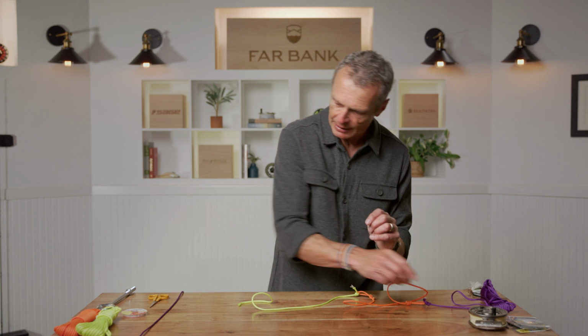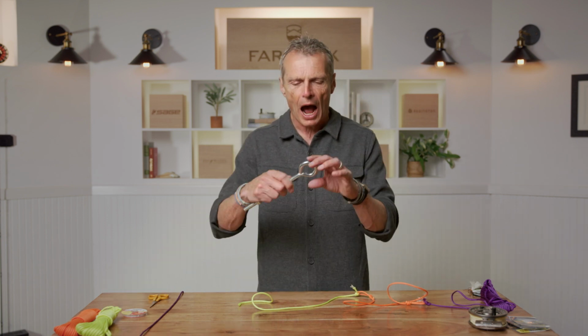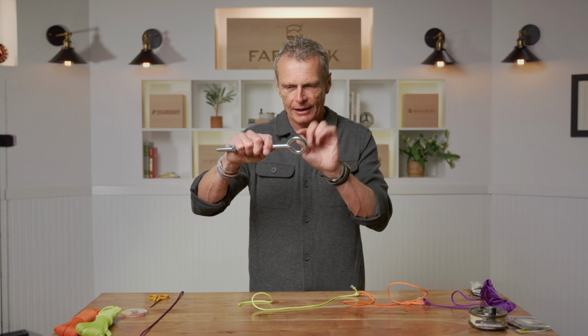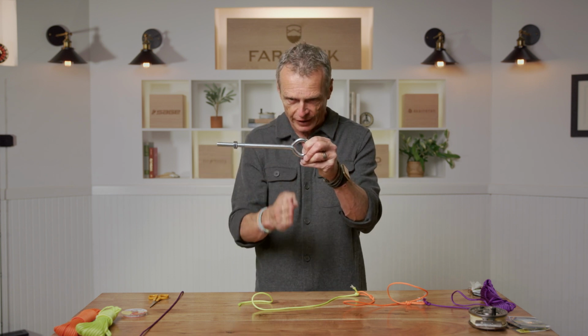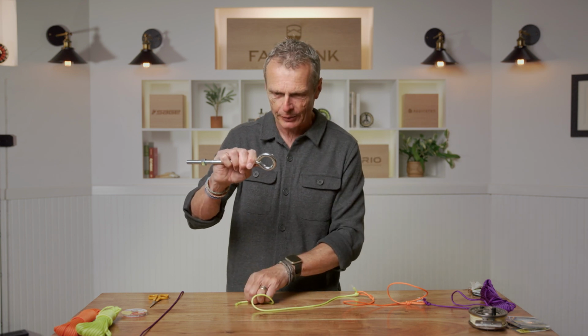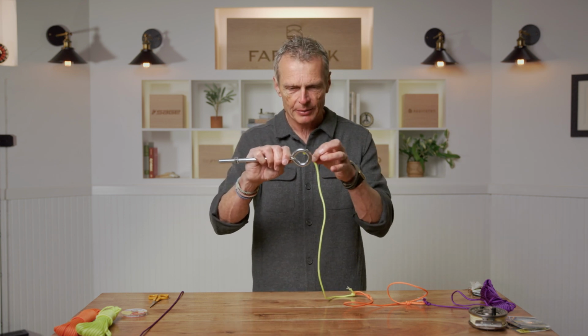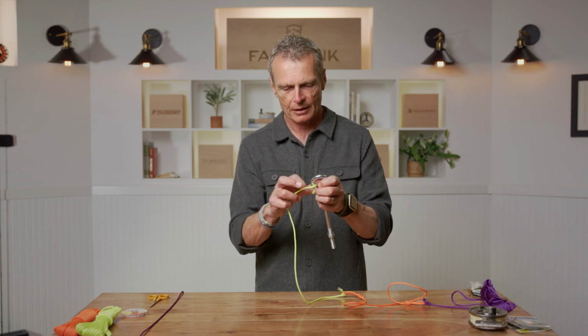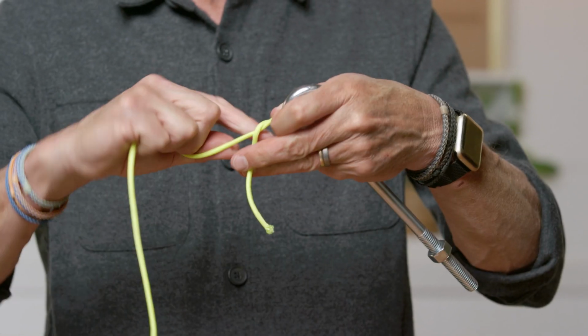And to simulate the tippet ring, we're going to go back to our big old eye, the eye bolts, right? There we go. Big eye, and just imagine that this is sheared off here, and I just have the ring. You can probably see where I'm going with this. All I'm going to do is take the end of my leader, thread it through the ring. I've got to do right-handed because I am. Thread it through the ring, do my 5-turn clinch,